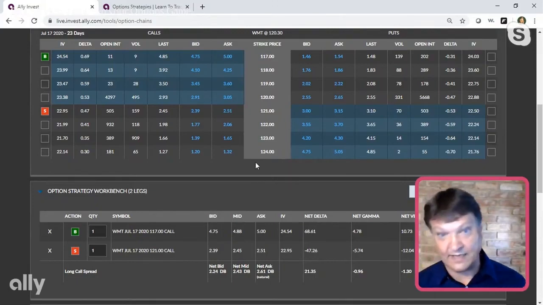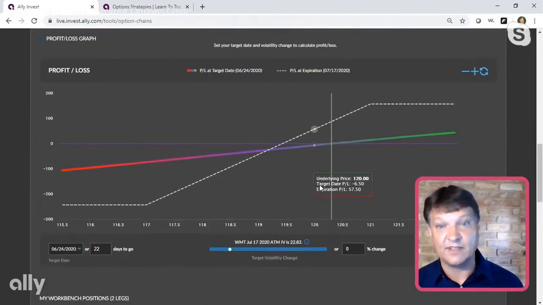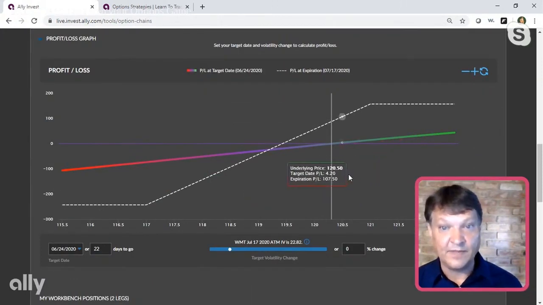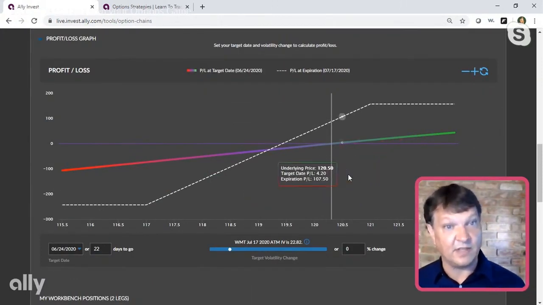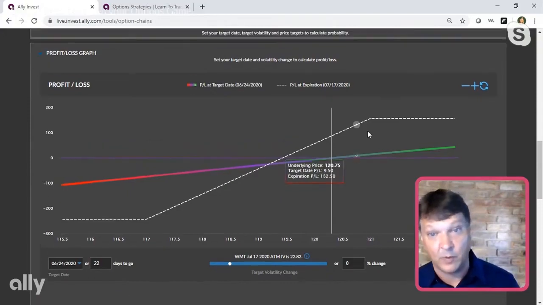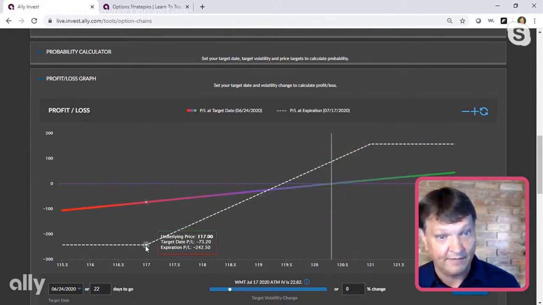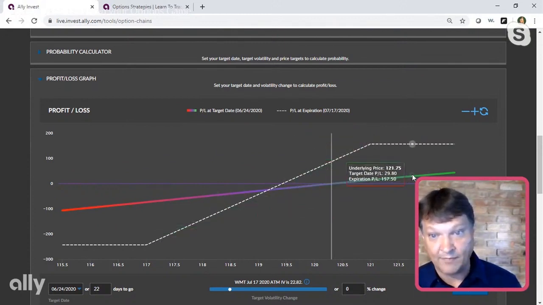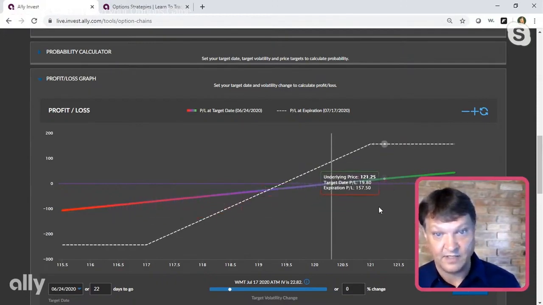Now, I'm also going to highlight this over here. We can see this at expiration. We don't have the stock graph on it, but this is the profit and loss calculator, much the same as the graphs that I made inside the PowerPoint. We're showing this at expiration. This is our profit and loss graph. And this is our profit and loss graph as of today. The colored line is as of today.